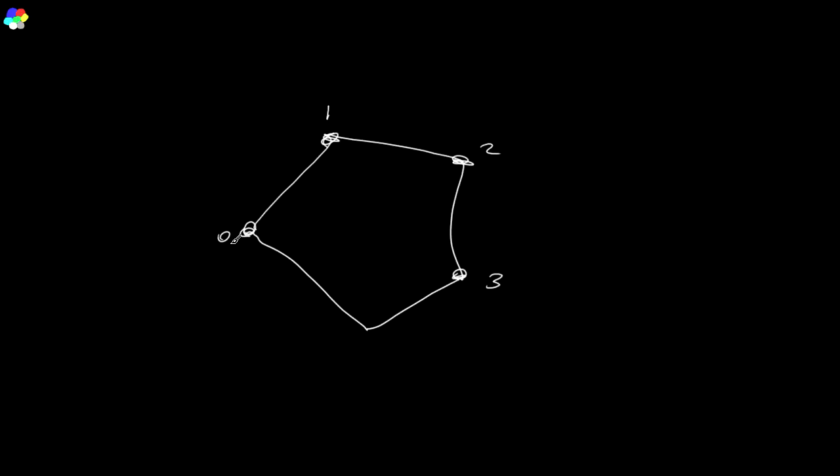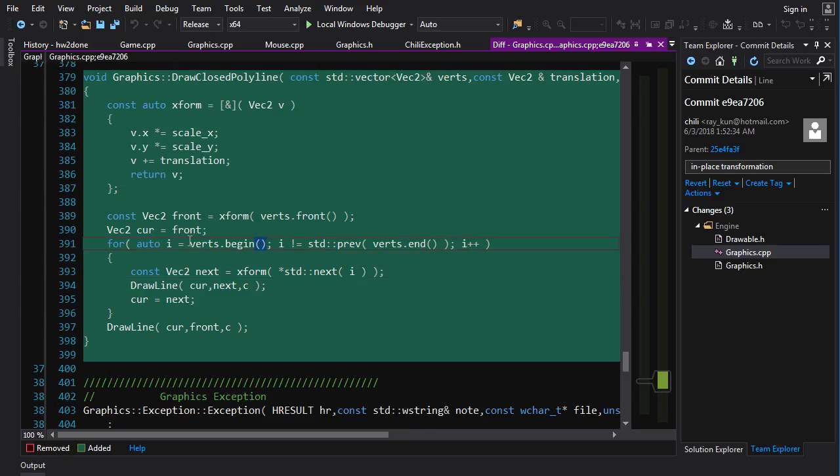When you draw a polyline, you're going to start by drawing, let's say, a line from 0 to 1, right? So you have to transform 0 and you have to transform 1. Then you draw a line from 1 to 2, so you have to transform 1 again and you have to transform 2. So if you just do the naive approach, do a loop, transform both every time, you're going to be transforming each vertex twice when you only really need to transform it once. So a little bit of a semi-micro optimization to do here is to remember,